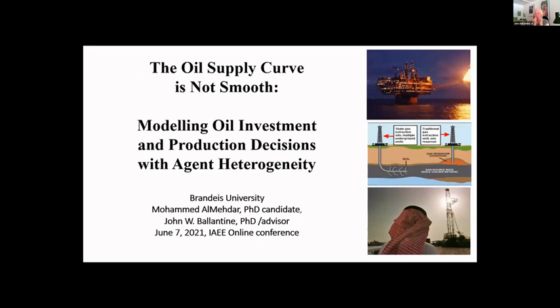Okay, so I'm presenting with my PhD student, and he is the one doing all the complex programming, and I've been providing the overall guidance. This is Mohammed Al-Yurar, and we have also been working with KAPSARC over a number of years. Essentially, what we're focusing on is an improved and hopefully different way of modeling. While we're looking at oil supply, because there's a lot of information on oil, we've got fields data and producer data, this is an approach and perspective that we can look at longer term.